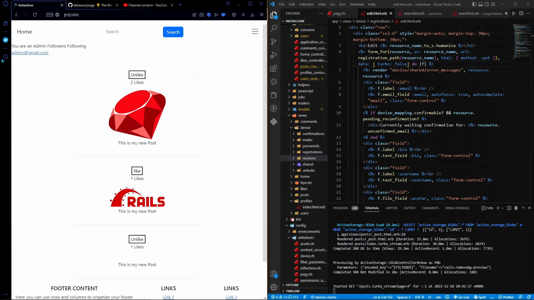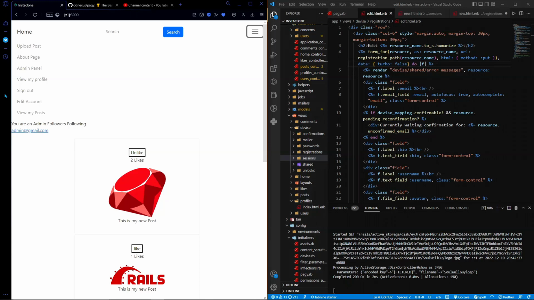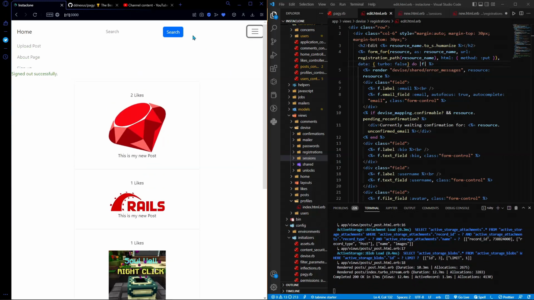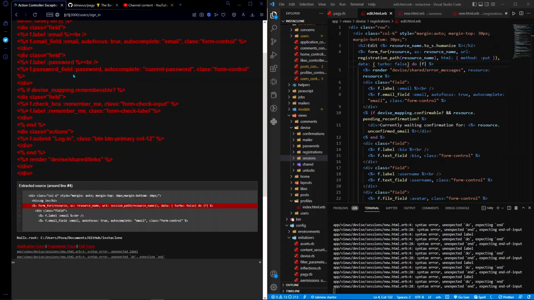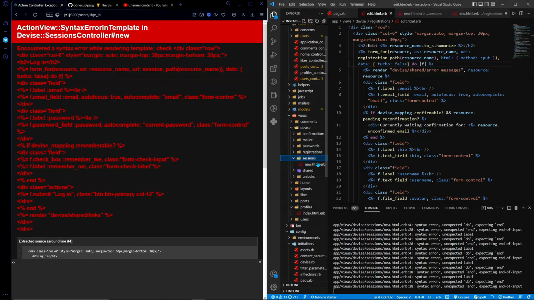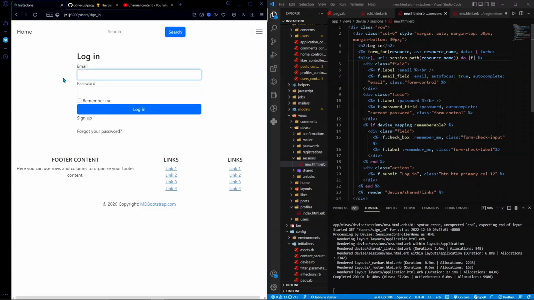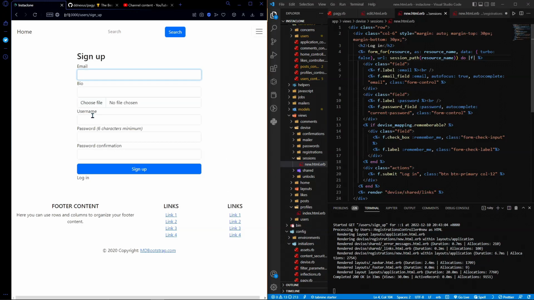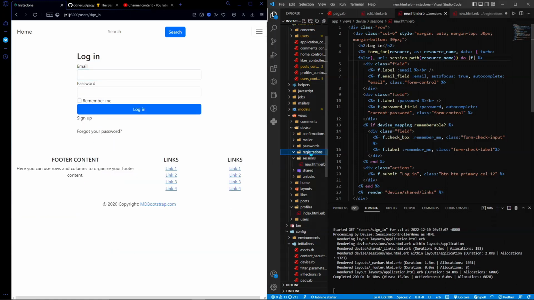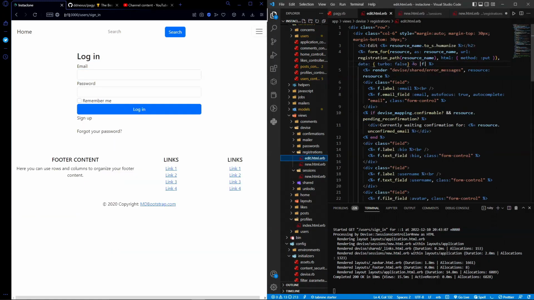Now when I refresh, it will automatically sign me in, but if I just sign out again just to make sure that it worked, so I'll sign up, log in, okay, and we're getting an error. I probably made some syntax error. It's good that I tried it out. Okay, what we'll actually just do is put it for the URL and then add a comma there, and now it should work. Okay, and it does. And then we'll just make sure that the sign up page is working. Log in, go to registrations edit, and we'll just add this data turbo false before the HTML, add a comma after as well. Okay, and so now we'll try and log in, and as you can see, it takes me